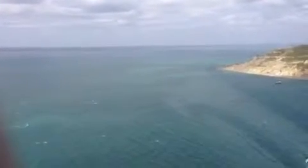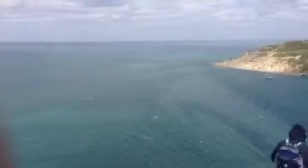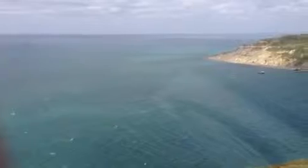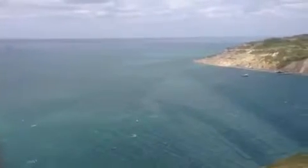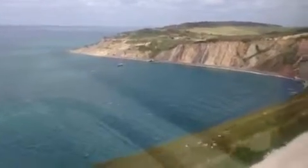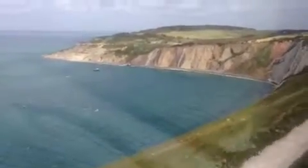Still largely intact, it has in part been converted to luxury accommodation. This was one of the test sites for the Brennan torpedo, an ingenious wire-guided weapon from the early part of the 20th century. Returning now to Hurst Castle, back on the other side of the Solent, this was one of